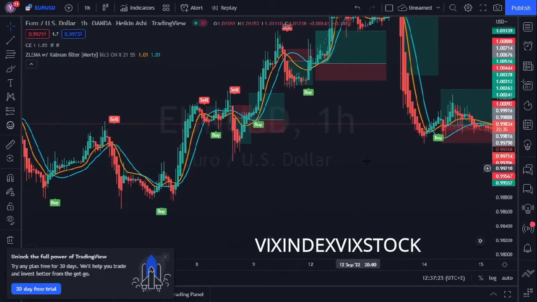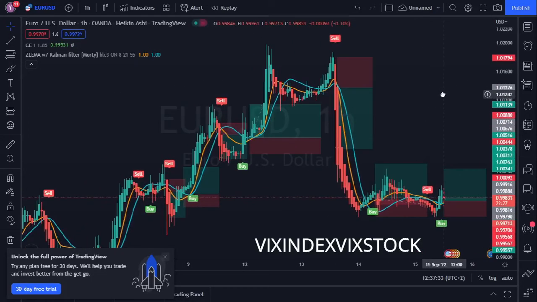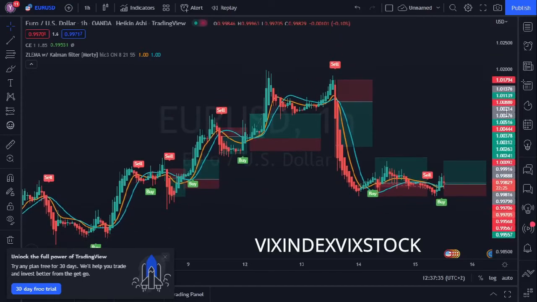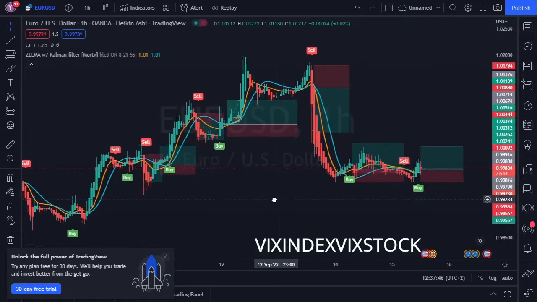So that's how you would use this system. I'm not saying you are going to win 100%, and this is on the 1 hour time frame. If it's not working for you on the 1 hour time frame, then you might probably just want to drop down to the lower time frame, 15-minute time frame, 5-minute time frame, 1-minute time frame, to see what works for